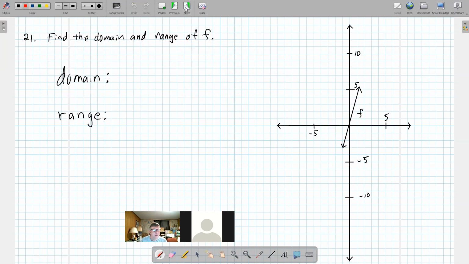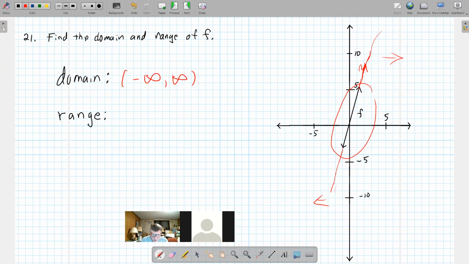All right. This one says, find the domain and range of f. So we have this linear function here, f. Now, this arrow means that this thing keeps going up. Notice as it's going up, it's also going over. This arrow means it's going down. As it's going down, it's also going over. So the domain, since this thing goes on and on forever in both directions, the domain would be all real